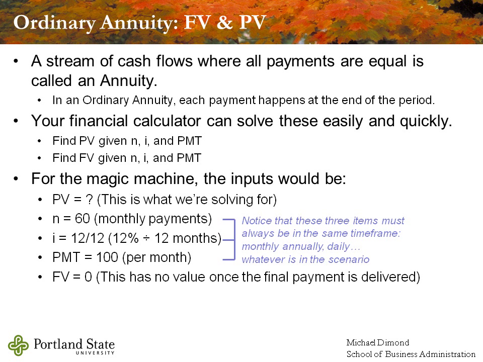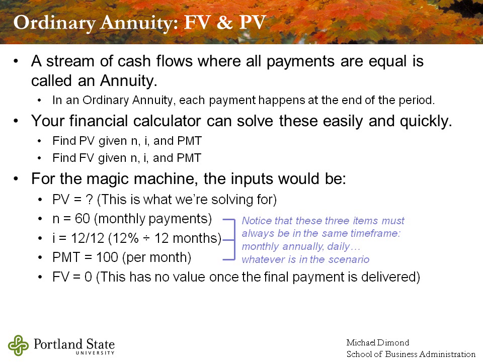We're going to simply look at what's called an ordinary annuity. We're going to look at a stream of cash flows where all the payments are equal. We're going to solve for the value of an annuity. This is called an ordinary annuity. This is a technical term for it. It doesn't mean an everyday annuity. It means an annuity which works in the ordinary fashion, where the payments are happening at the end of each